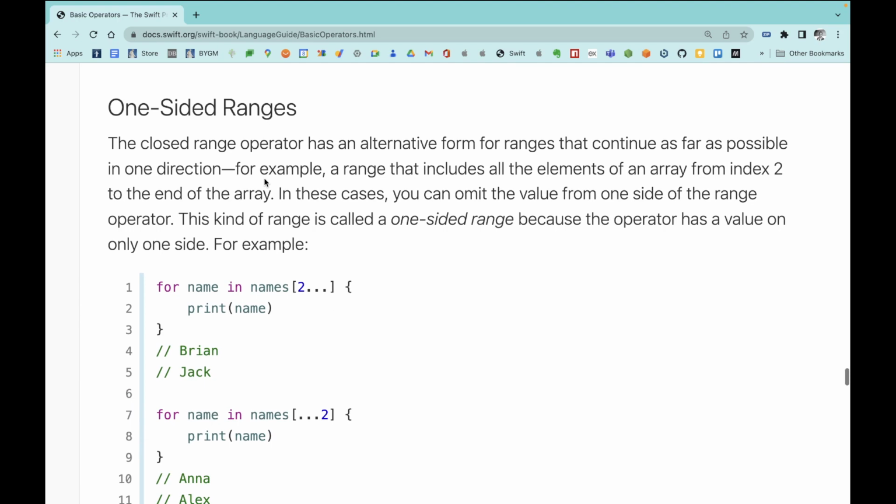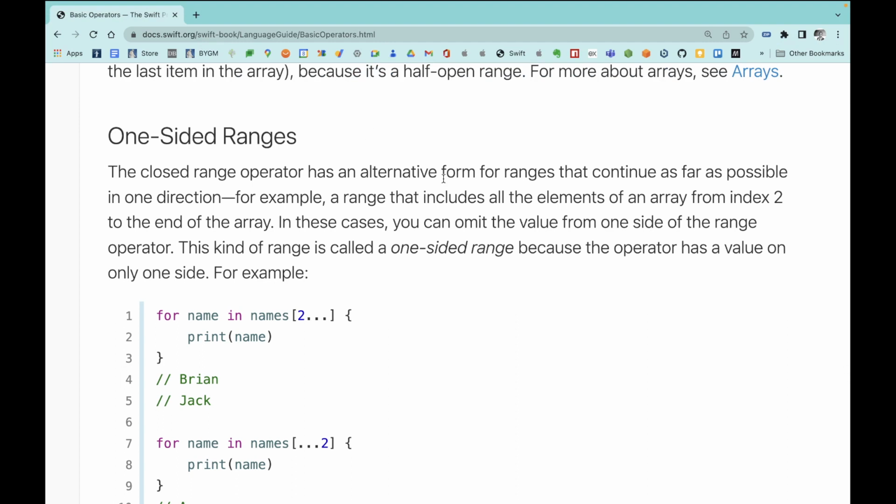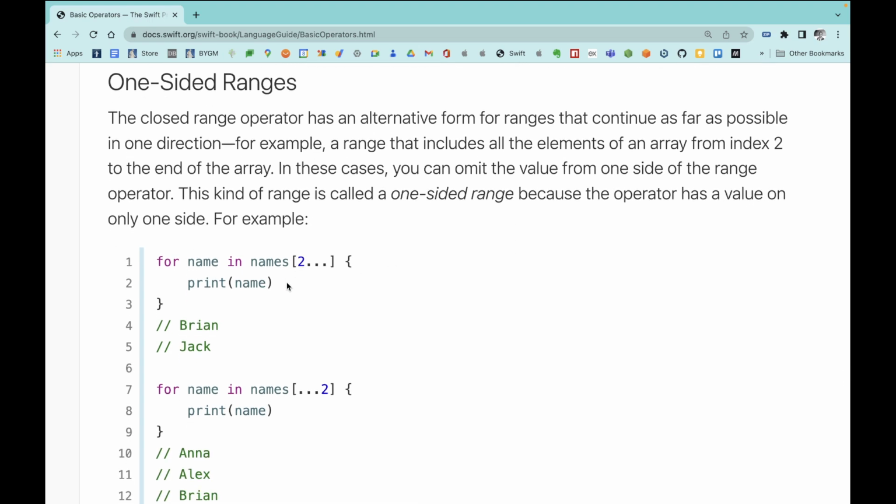One-sided ranges. The closed range operator has an alternative form for ranges that continue as far as possible in one direction. For example, a range that includes all the elements of an array from index 2 to the end of the array. In these cases, you can omit the value from one side of the range operator. This kind of range is called a one-sided range because the operator has a value on only one side. For example,